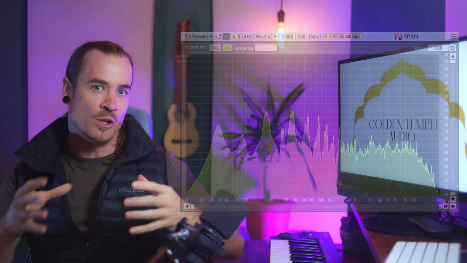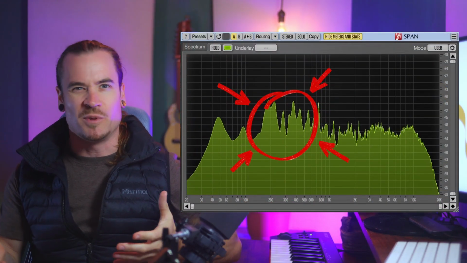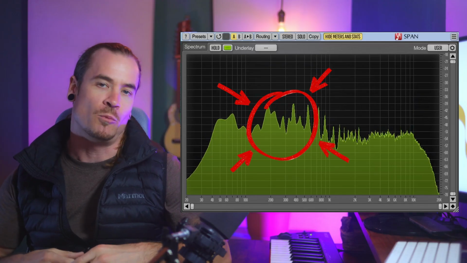So when we're talking about muddiness, what we are usually talking about is a lack of clarity in the lower mids, which is roughly between 200 to 500 hertz, more or less. What muddiness usually sounds like is a lack of definition, and things just don't sound clear or punchy. We wouldn't describe this as a harsh sound, but rather an overall sort of bleh sound that's very common in mixing. The thing is, muddiness usually is around that 200 to 500 hertz range, which I mentioned,